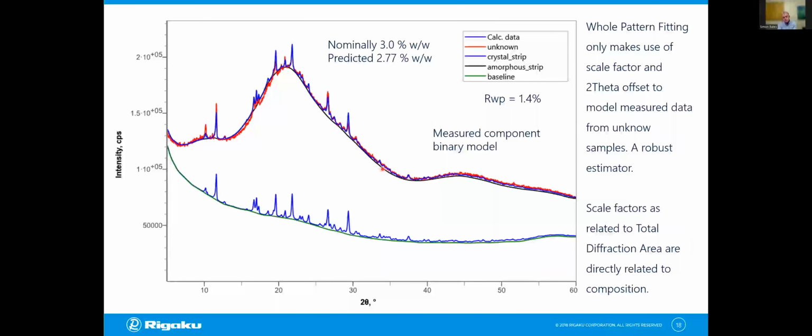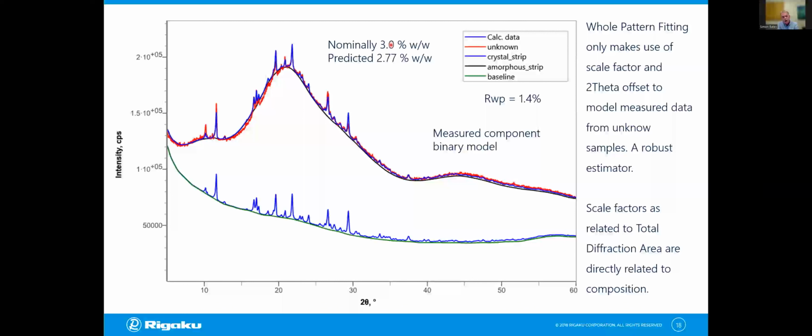So now we go back to the first example where we fit our measured components and we fit them to the data. We have different scale factors. You can see the crystalline pattern is really quite small in blue here, lying on top of the background. Its area is quite low compared to the amorphous signal in black, which is more or less following the whole diffraction pattern. And the amorphous signal has a huge area within it. So if we compare those two areas together, we can straight away calculate that this is probably around about 2.7, 2.8% crystalline material in amorphous. In actual fact, this was mixed at normally a 3% weight spike